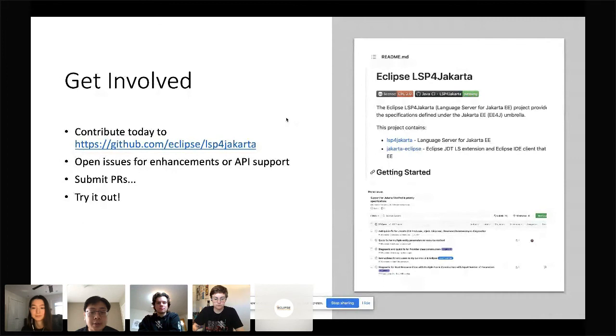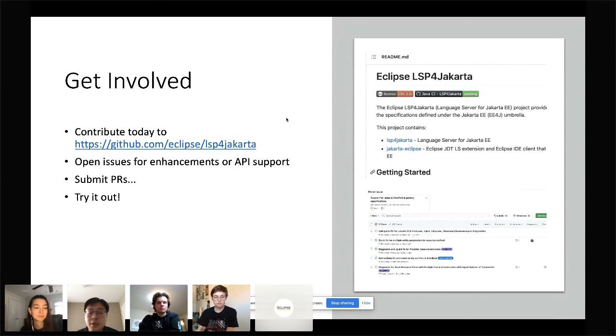At the same time, there's also the client and client-side support, whether it's with Eclipse for sure, and other IDEs down the road that we will want to build, and we'd be happy to collaborate with any interested parties. So if you want to contribute, we would certainly be glad to work with you on that. Just reach out, right? Through GitHub or otherwise, we'd be happy to discuss whether it's contribution or working together on the language server itself, or on the front-end Eclipse IDE client, or on consuming the language server in other